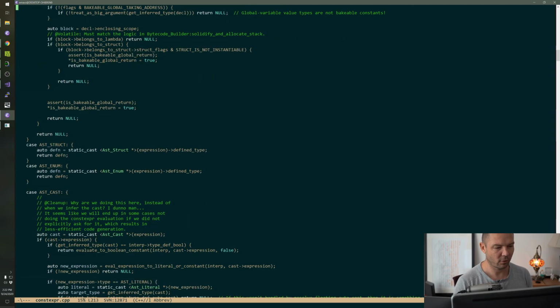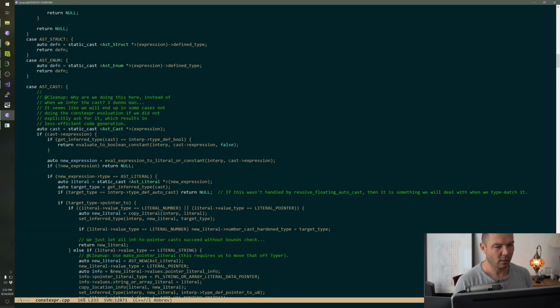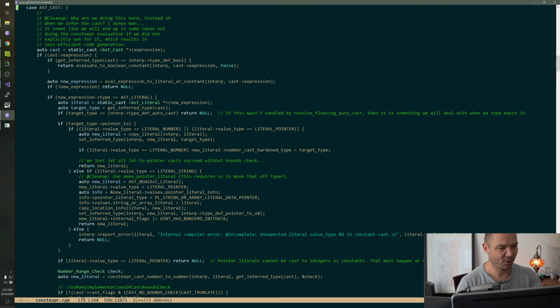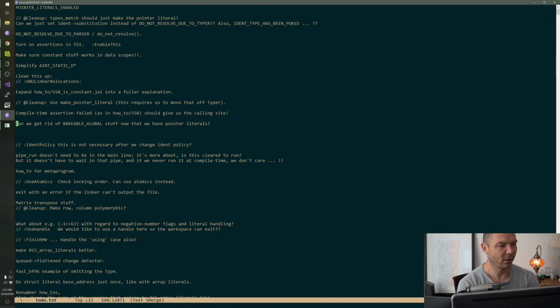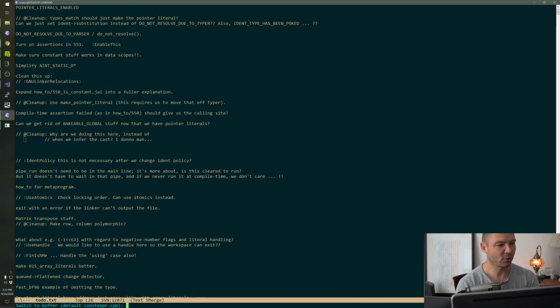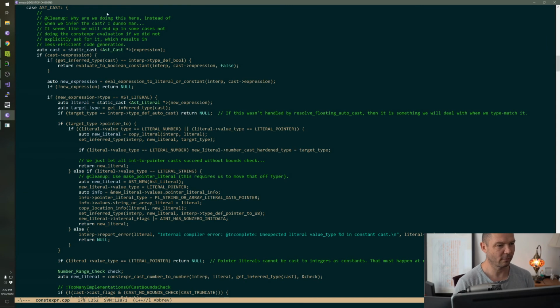Okay, structs, enums, those are constant. A cast, this really shouldn't be here. So I'm going to put that on the list. This is constant expression evaluation on the cast, but we're doing it here instead of elsewhere. I think the reason is that we generate implicit casts all the time, and then maybe in some cases would fold that down. But really, any site that generates an implicit cast should maybe fold it down. But I think we do it here.